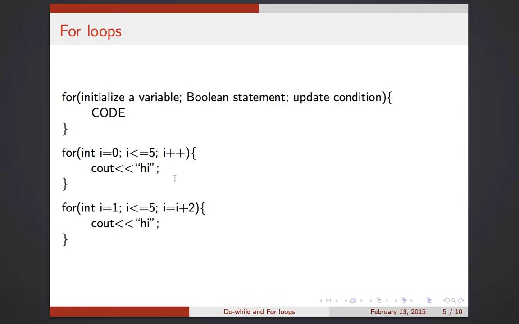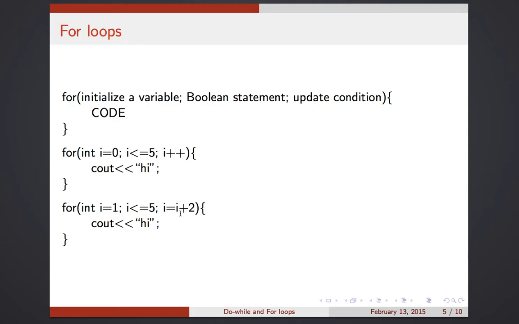Okay, so here's another example. In this case, I've initialized i to 1. The Boolean statement is still the same. This time, though, every time the loop runs, I increase the value of i by 2. So the logic of what happens here is i is initially 1, and 1 is less than or equal to 5. So I enter the loop, and I print "hi". At the end of that execution, now i becomes i plus 2, so i is now 3. Well, 3 is less than or equal to 5, so I go into the loop again, I print "hi",